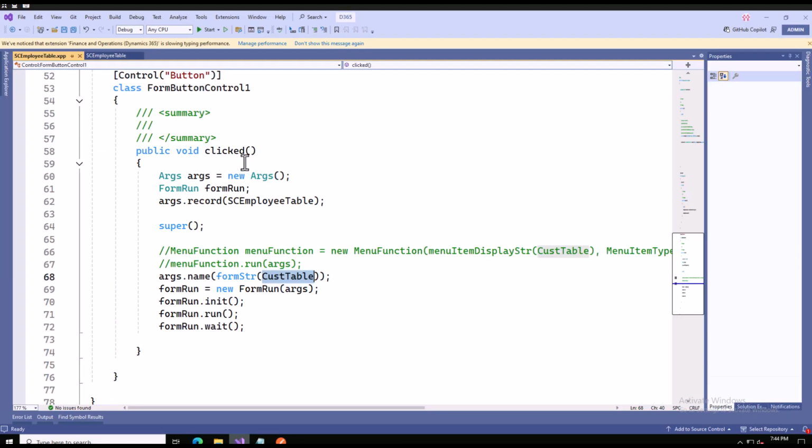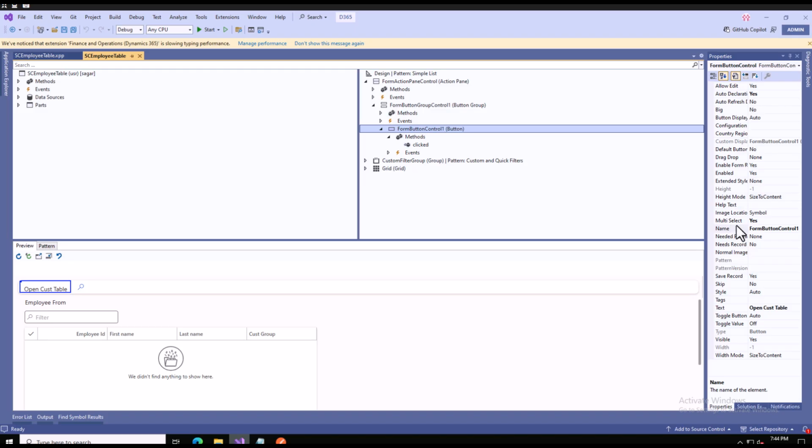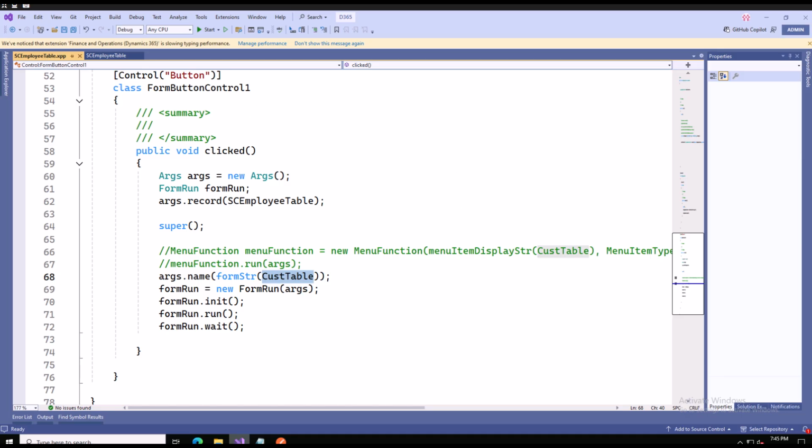Alright, so we already have the button, and we already have the code for how we can open one form from another form. Now I will make a few changes here. The first thing is that inside your button, I will make sure that the multi-select property is changed to yes. And now, because I need to pass multiple records, the approach that I will take is